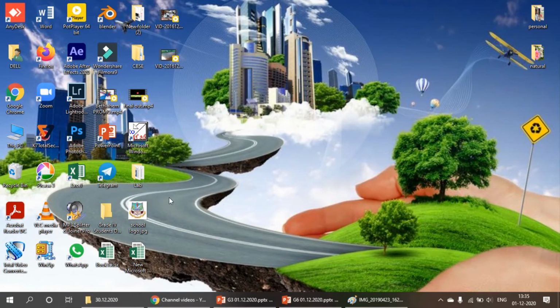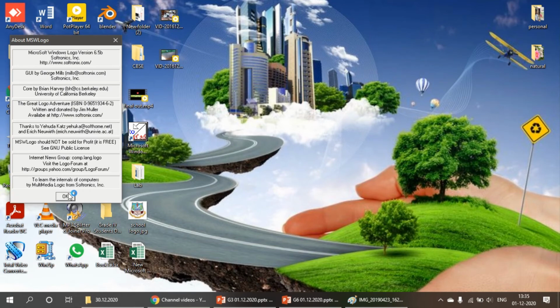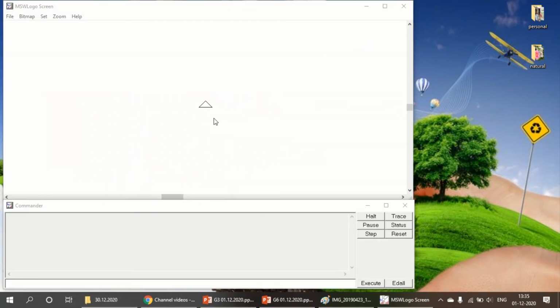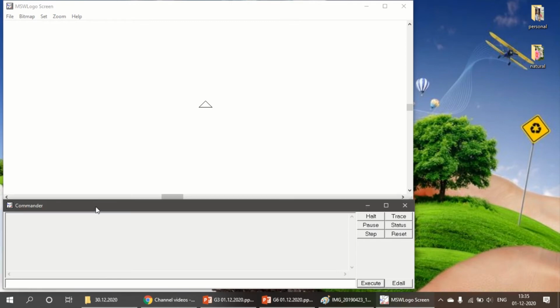First, open Microsoft Windows Logo. When you open it, you can see a window like this. At the center you can see a triangular turtle. Below that you can see the commander window, and below that you can find the input box.